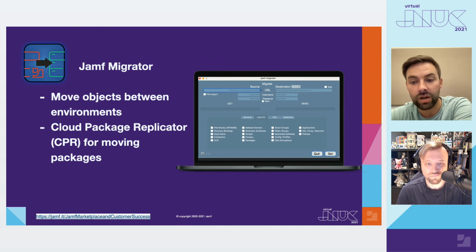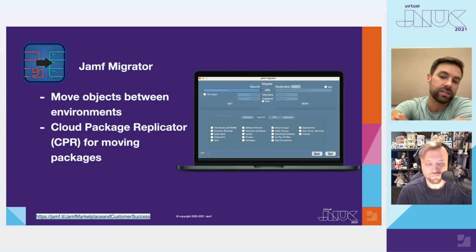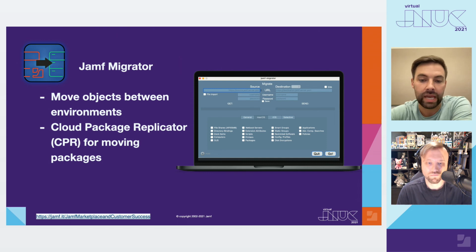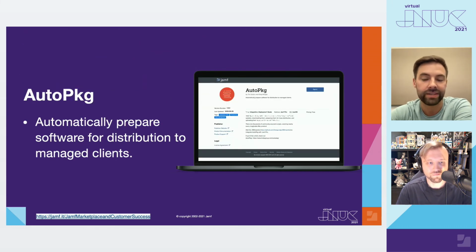The Jamf CPR tool can also be used to download packages from a JCDS to your local machine. If you haven't had a chance to, go check out these tools and familiarize yourself with their capabilities. Now, lastly, to wrap things up, I'll pass it back to Corey to chat through a couple more tools and our next steps. Thanks, Jesse.